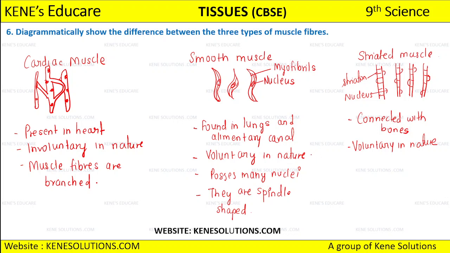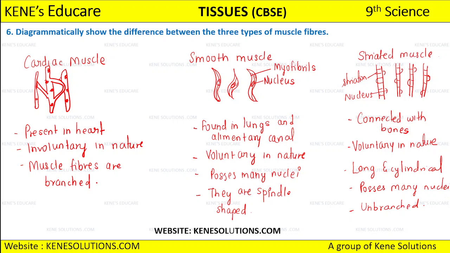Then they are long and cylindrical muscle fibers. How are they? Long and cylindrical. After that you will write that they possess many nuclei, and they are unbranched. So this is how you have to make a table, and diagrammatically you have to show the difference. I have made the diagrams as well as written the differences which occur